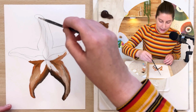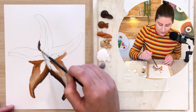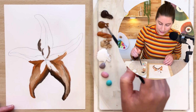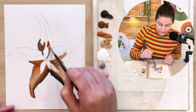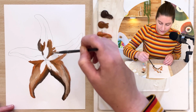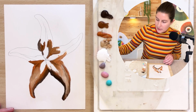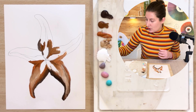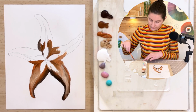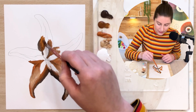Okay, so now let's work on this area here. So that's going to be a little bit less of a shadow there. So I'm just going to use a little bit lighter value of brown. Let's pick up the burnt sienna. Start feathering that in. Okay, and you could switch brushes here if you wanted to. I might actually do that so that I can get a little bit more coverage. So I'm going to switch to a size 6 filbert brush. So pick up the burnt sienna, start feathering that up,